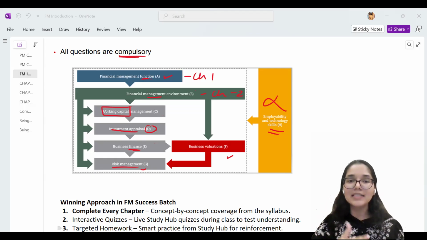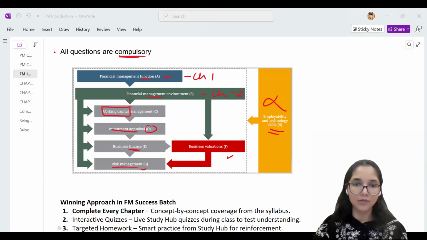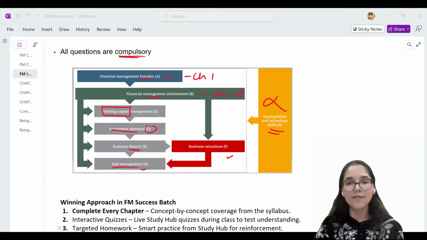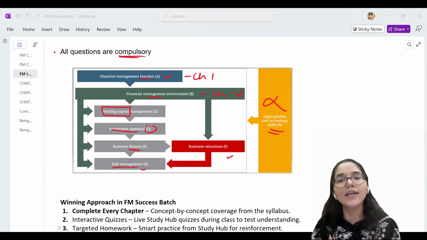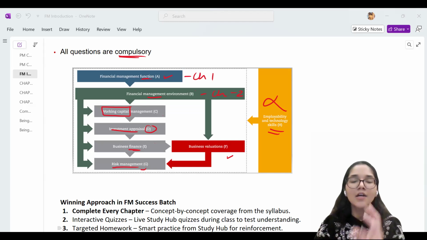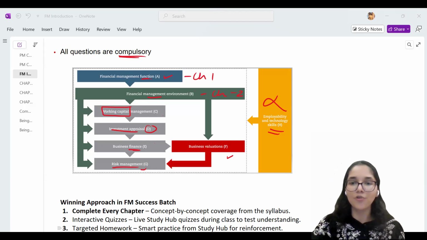So this thing can also have a bad impact on the business if you are on the payment side. If your currency keeps on weakening, you have to pay more and more of your domestic currency to buy the foreign currency. Vice versa will be the scenario if you're on the receiving end. So if somebody is supposed to send you 100 pounds from UK, the more your currency depreciates, the more money you will receive once you translate it into your own currency. So we will come deeper into this particular part of the syllabus when we reach over here.